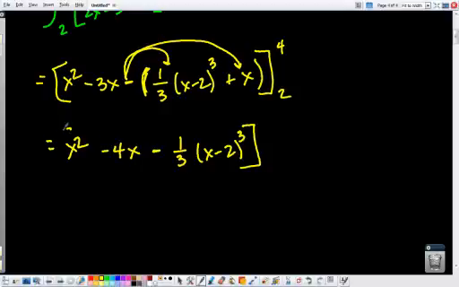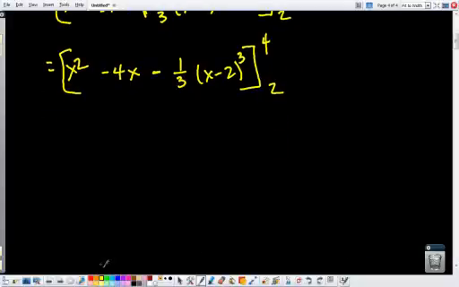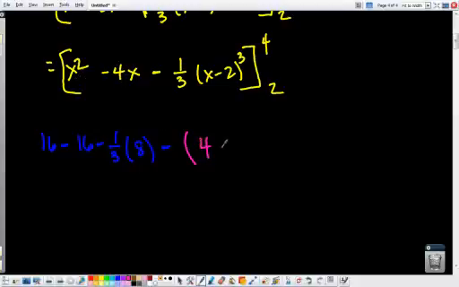You don't have to simplify this if you don't want to, but I think it makes it easier when we substitute values in. So I'm just going to talk this through out loud and write the values. So 4 squared is 16, minus 16, minus 1/3 times 4 minus 2 is 2, cubed is 8. So, okay, that's interesting. And now, 2 squared is 4, minus 4 times 2 is 8. Well, I can already tell that this is going to be minus 0, because when I put 2 in, I get 0. So let's go ahead and simplify. The 16's go away. So I have negative 8/3